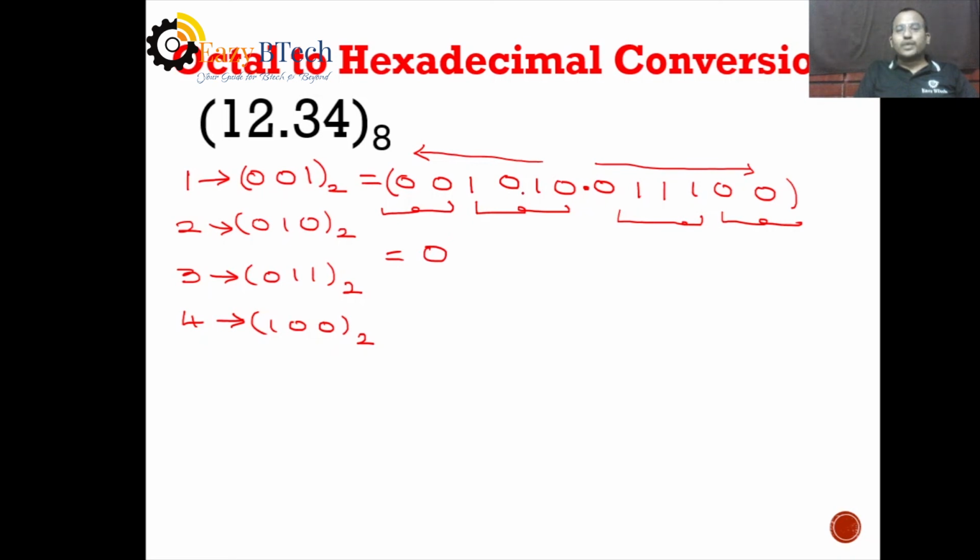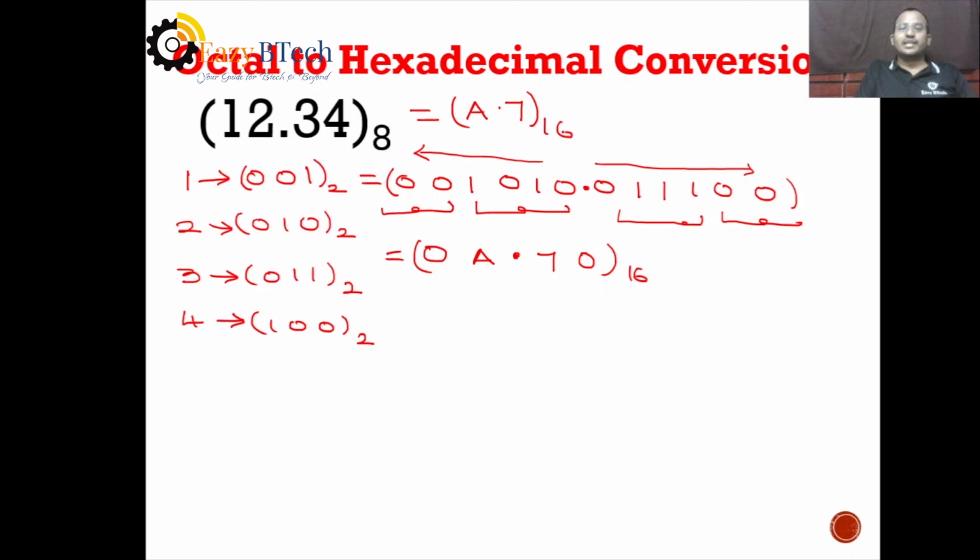Then this is 1010, which means A, and this is 0111, which means 7. Put the radix point, then 7, and again these are all zeros. So for the given octal number 12.34, the corresponding hexadecimal equivalent is